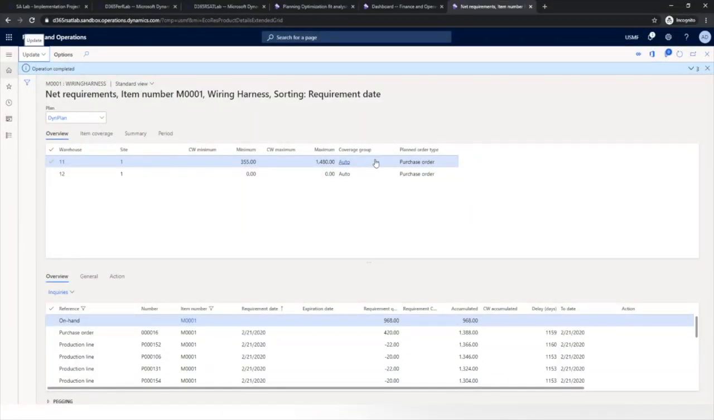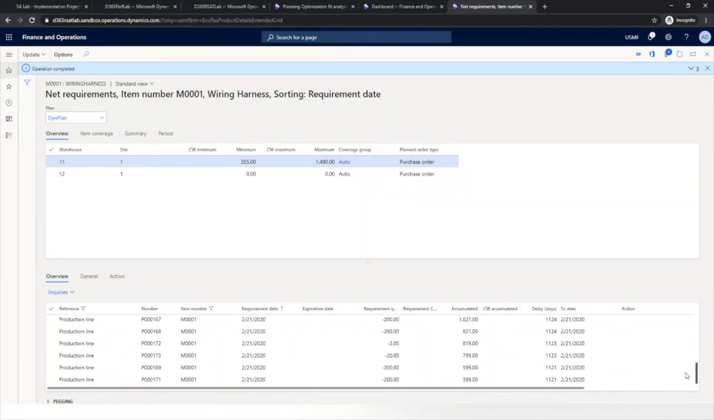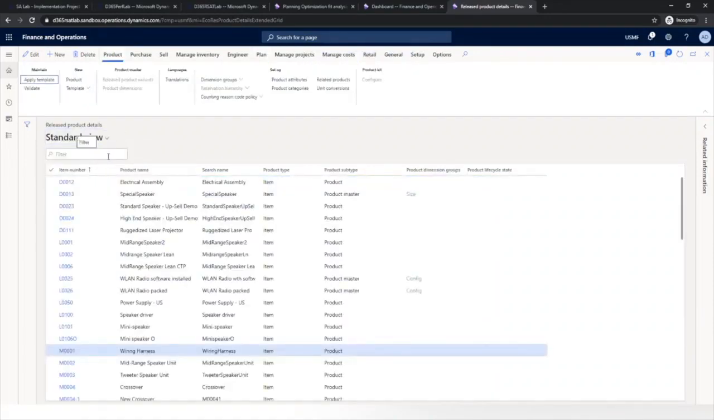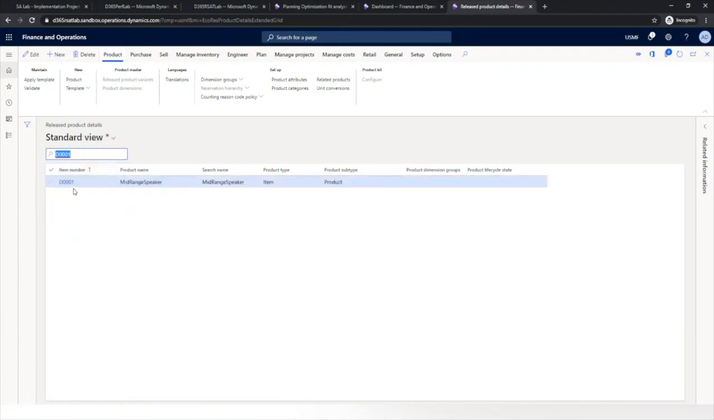Yeah, the results are basically, and you can see how that is generating the different things. Okay. I'd like to move to the next thing. Basically, I will change it to standard view. Okay. And I'm selecting an item to show the pegging information, just like